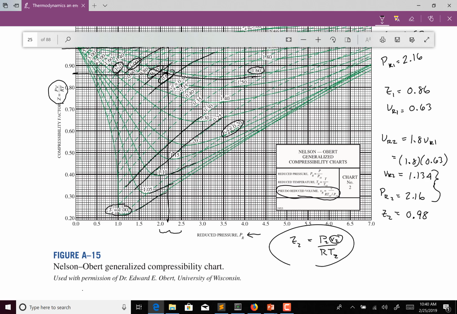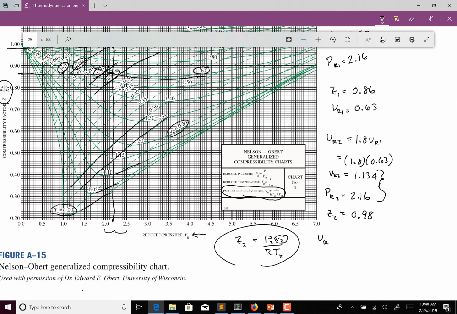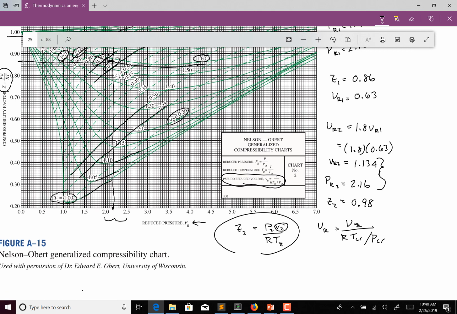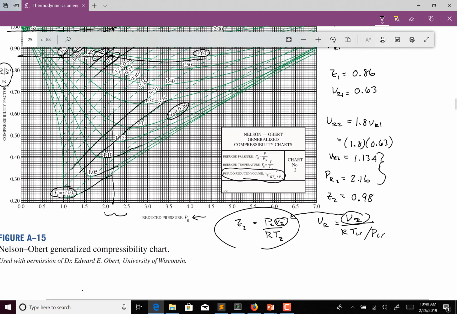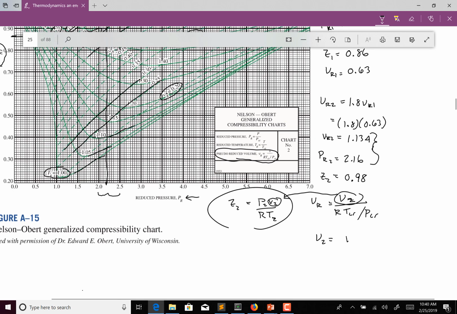Let's write down that the pseudo-reduced volume is equal to the specific volume over RT critical over P critical, and I'm going to specify that this is V2. So we want to solve this equation for V2 and plug it into there. So V2 is equal to VR